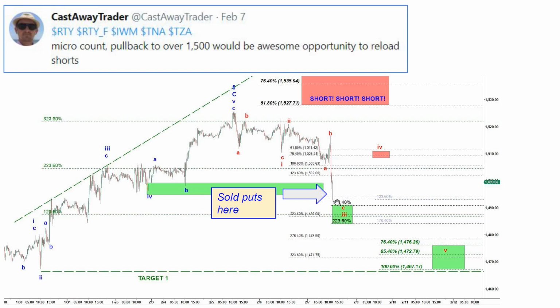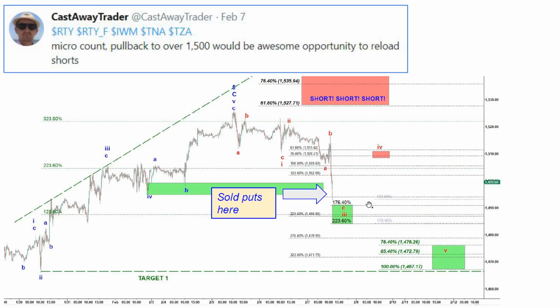And this is where I sold my puts. I normally sell my puts when I expect the bottoming of wave C of 3, because such a sharp drop makes option traders very nervous, and they pull away the offers for puts. They are just not sure when the drop can stop, and this is when you have a huge gap between bids, meaning orders to buy, and available puts on sale. This is when you put your puts on sale, and you can get a really good price with a nice premium to the real value of those puts.